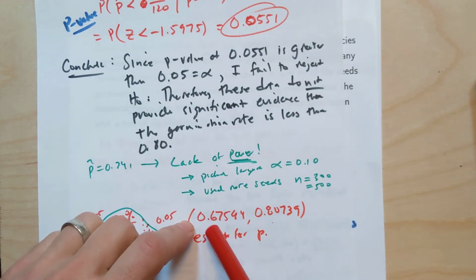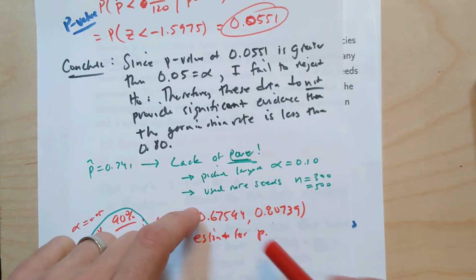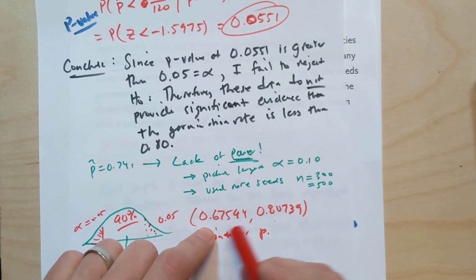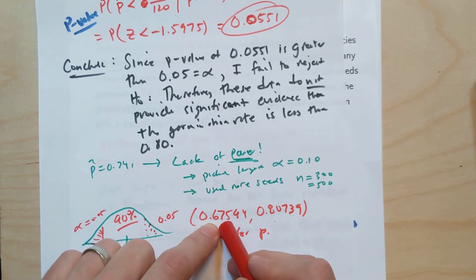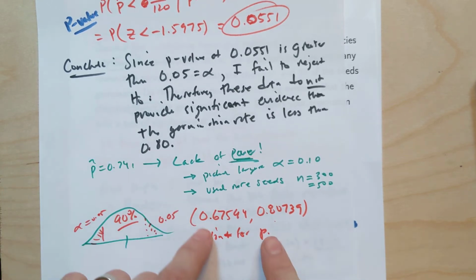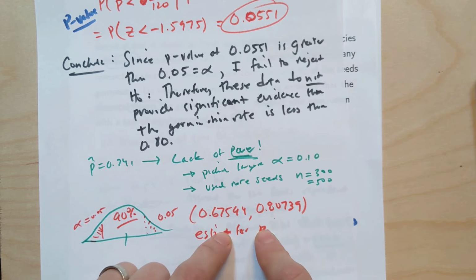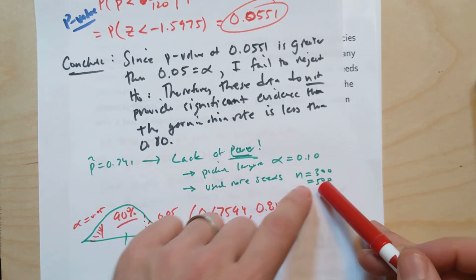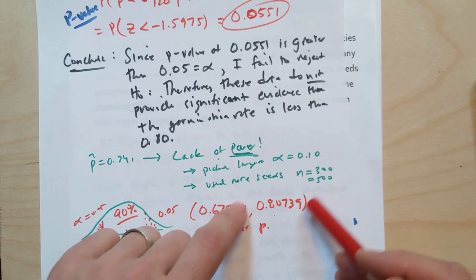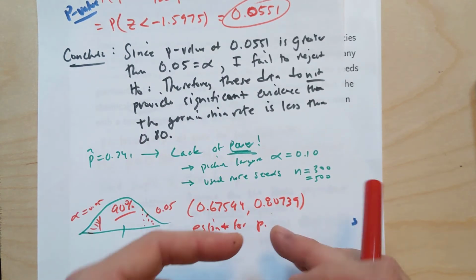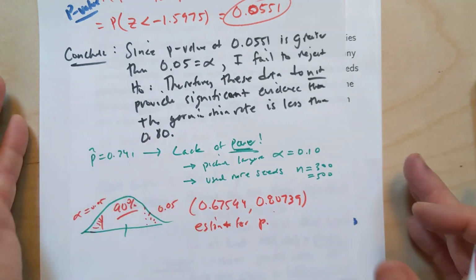But notice it gives me an estimate. Now, it's a pretty enormous estimate. It estimates that the actual germination rate of these seeds is somewhere in this interval, from about 67.6% all the way up to about 80.7%, right? And so what we'll see here again is that this massive confidence interval also communicates to me the lack of precision that comes from, say, my sample size, right? If I wanted a more powerful test, I could increase the sample size. Also, a good reason to increase the sample size would be if I made a confidence interval to get myself a much narrower interval, so that I'd have a much more useful estimate of what P really